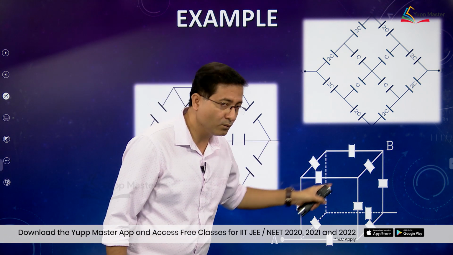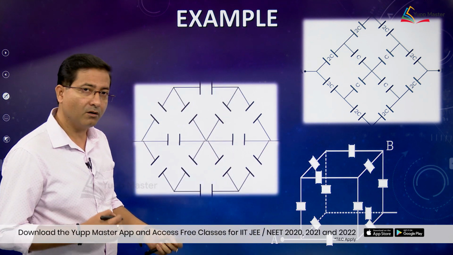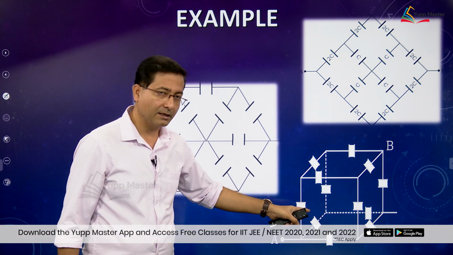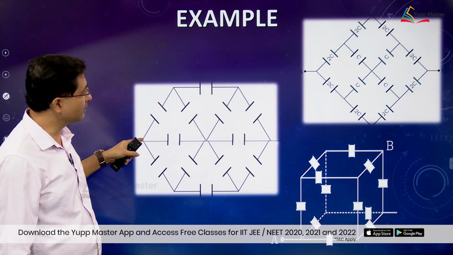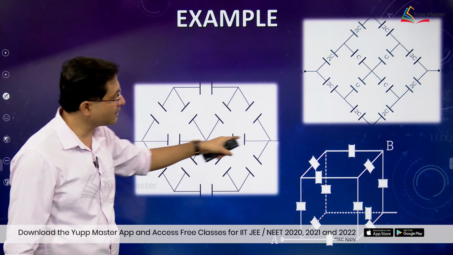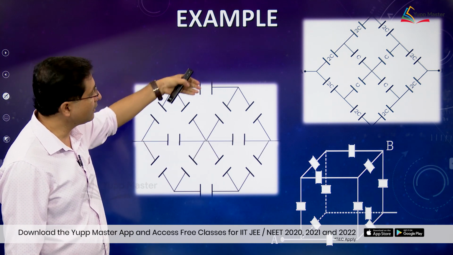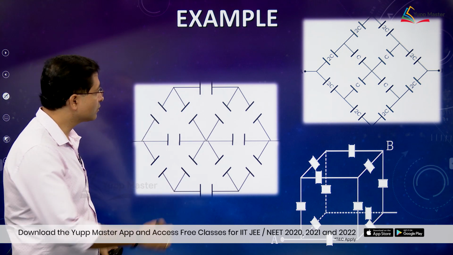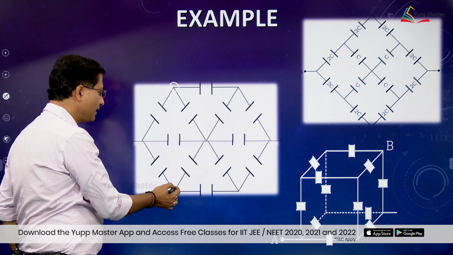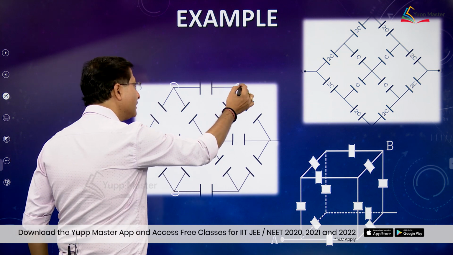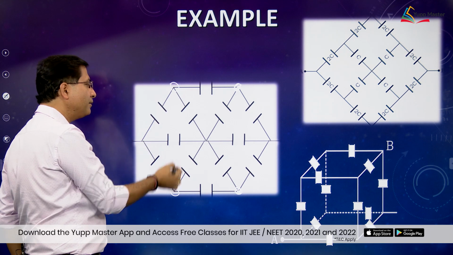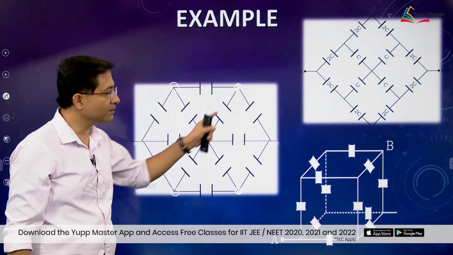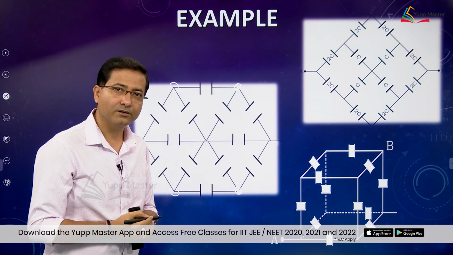A 3-dimensional circuit will have a plane of symmetry or axis of symmetry like in this case and the previous case, while a 2-dimensional circuit will have a line of symmetry. So this circuit is symmetric about this line, whatever you are getting above, the same thing you are getting below. So the potential here and the potential here will be same, and potential here and potential here will be same. Now, naming them by the same junction, you can simplify the circuit, right.